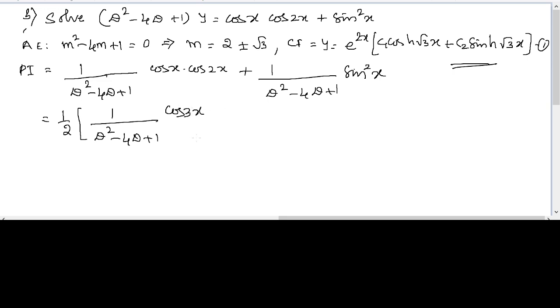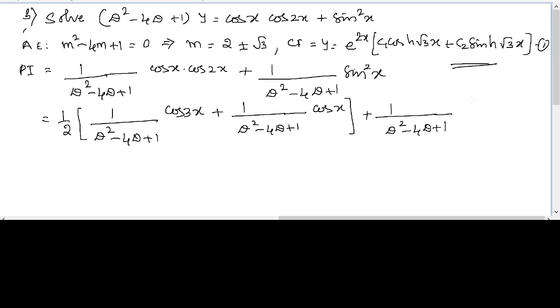Okay, at the same time I am breaking the term, so plus 1 upon (d square minus 4d plus 1) of cos of (A minus B), that is cos x. Okay, we get cos x, so close the bracket there,